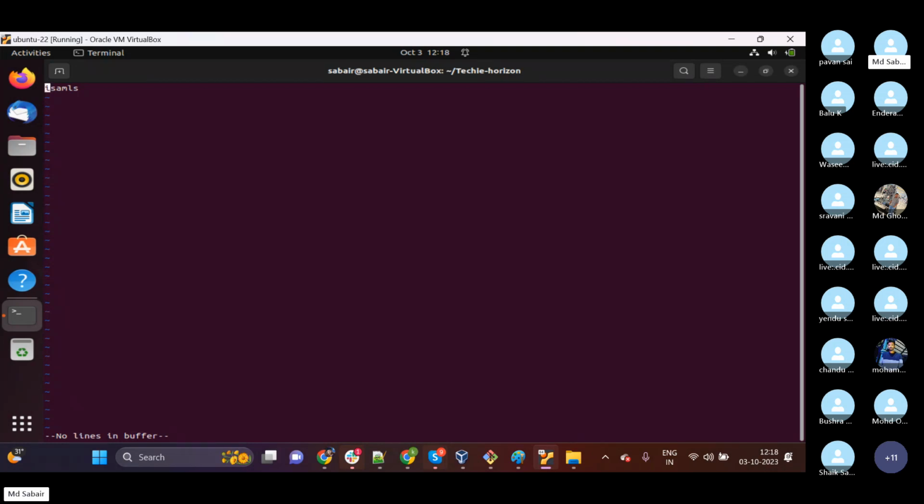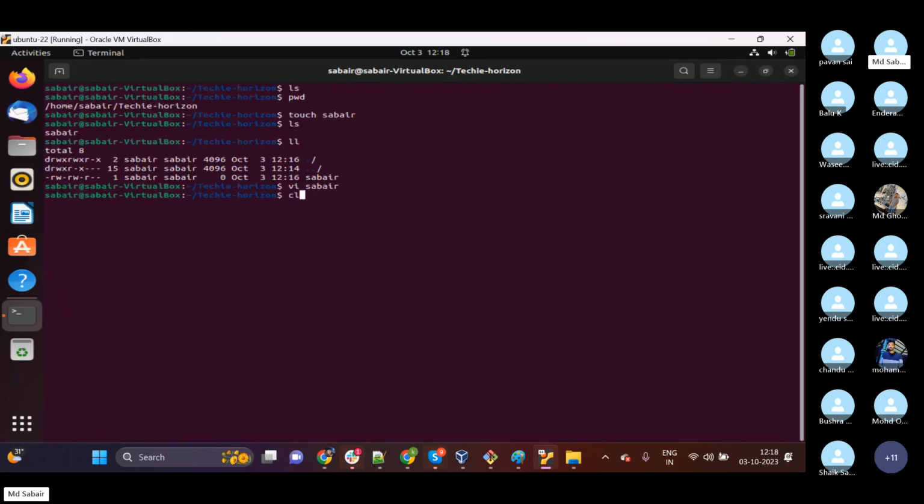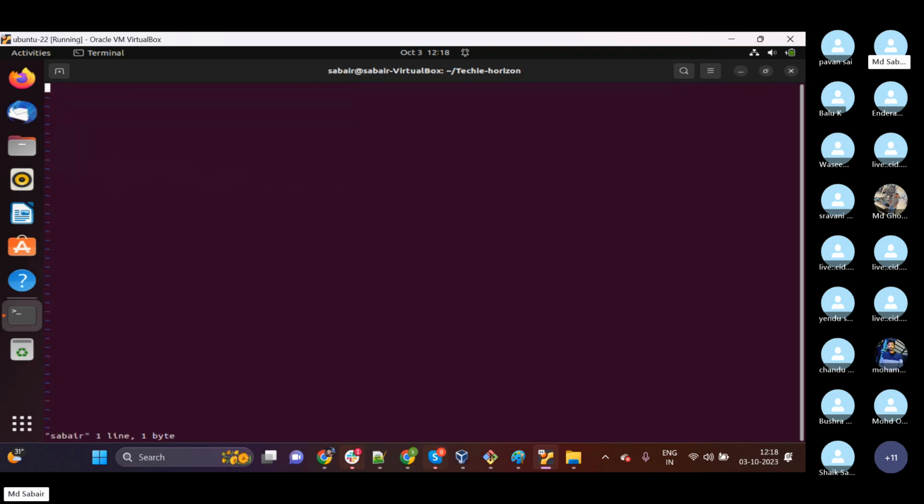Always what we need to do is, let me just try to close this and open this again. VI software. Okay, so always make sure that the moment we have opened any editor, we should make this editor into insert mode. As of now, it is not in insert mode. So how can you do that? By using the keyword I. I means insert mode. Now I can execute, for example, hello world.